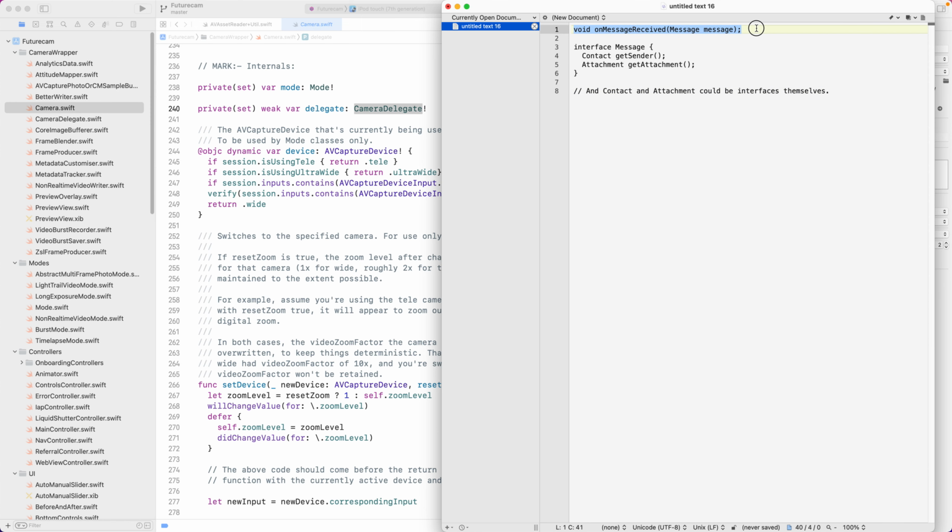Say you have a callback on message received. When somebody sends you a message, this callback is invoked. Here, message could be an interface instead of a class. And it has functions like get sender, get attachment. You could have like a get text, the actual text of the message, and so on, right? Whatever properties the message has. And these could again be interfaces.